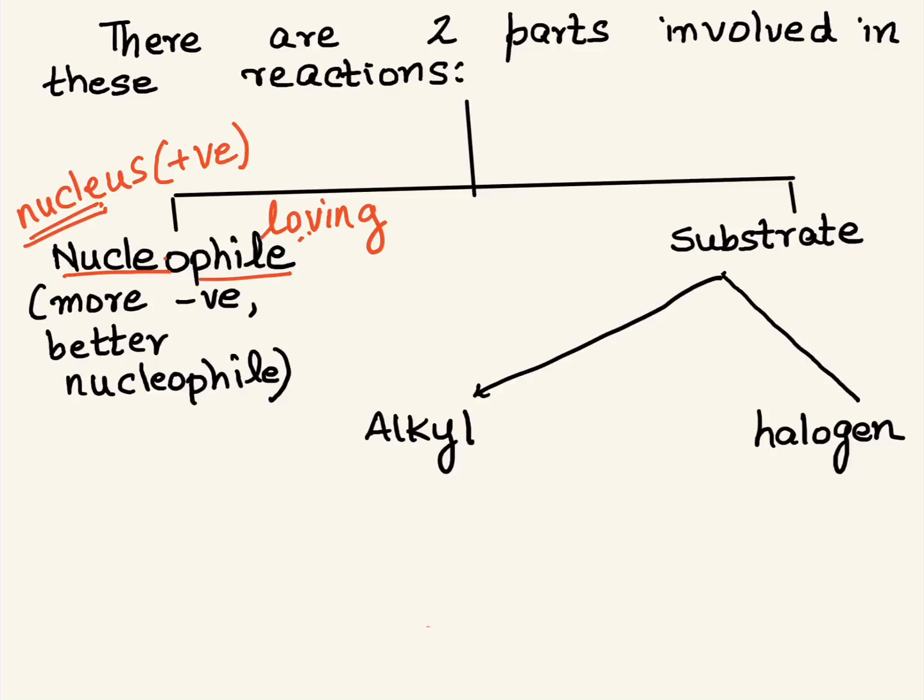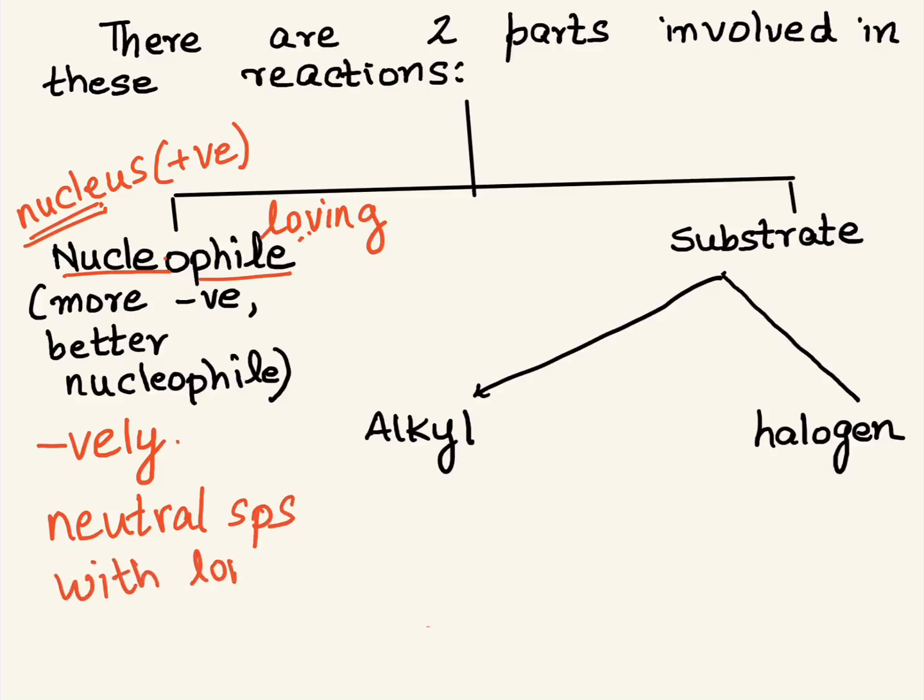Any species which is able to attach itself to the nucleus would be nucleus loving. What type of species would be nucleus loving? Something which is rich in electrons. So it can be a species which is negatively charged, or a neutral species with a lone pair of electrons on it, right? And by the way, we have dealt with it in a separate video where we have spoken about electrophiles, nucleophiles and free radicals. So there we go. You are getting your notes also ready at the same time.